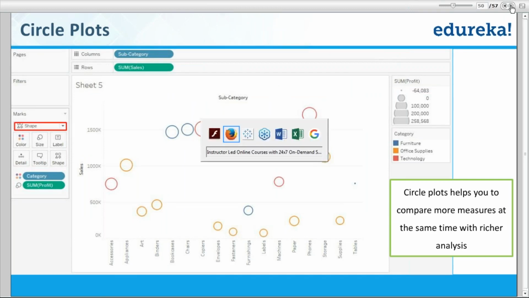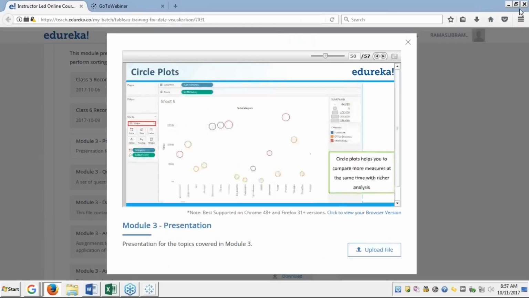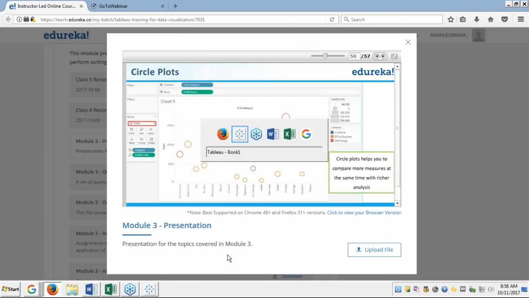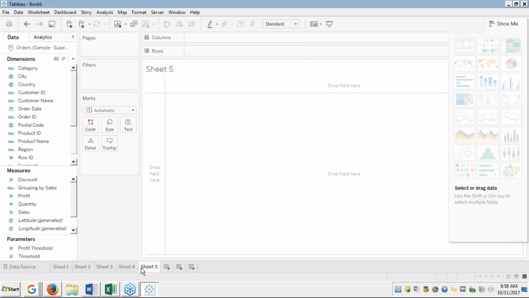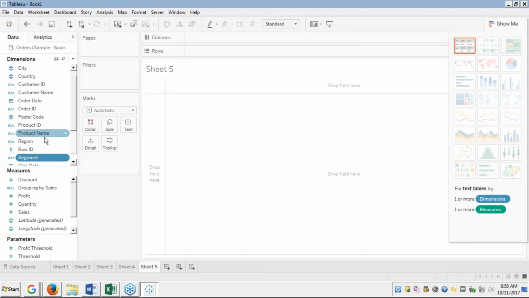And one small thing we'll see, and with this we'll wrap it up. We'll see about the circle plots. Circle plots are basically used for comparing more measures at a single point of time. For example, I'll take the segment, and based on the segment,